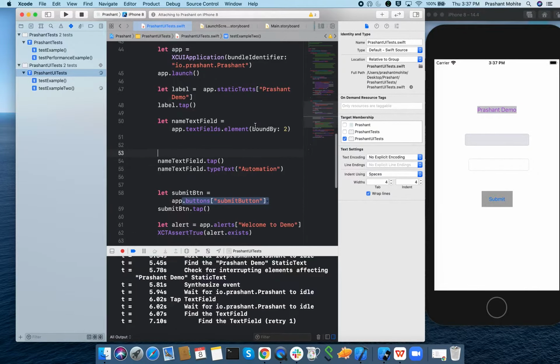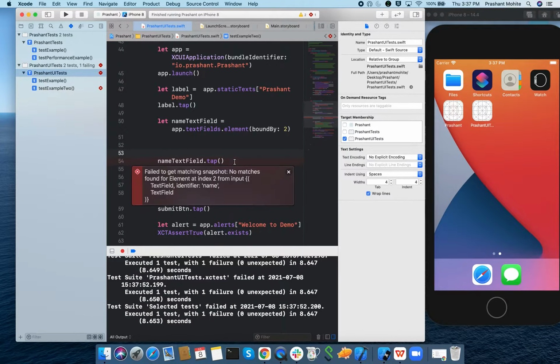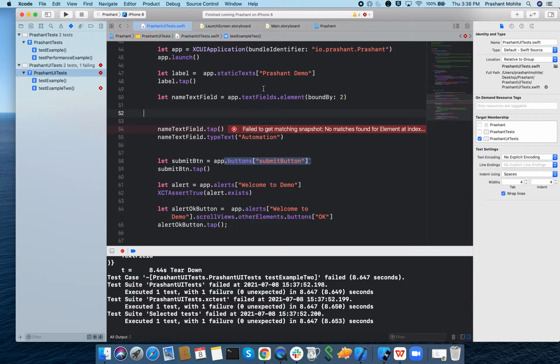And we will be clear in mind about when to use that one. See, it is saying no match is found for the element at index 2, because there are only two text fields and we are asking to enter in the third. Whenever we use an index which is not there, you should get the error. So we have seen two options: one is that you can locate the element by element type, if it's unique, and also by element type and element index.